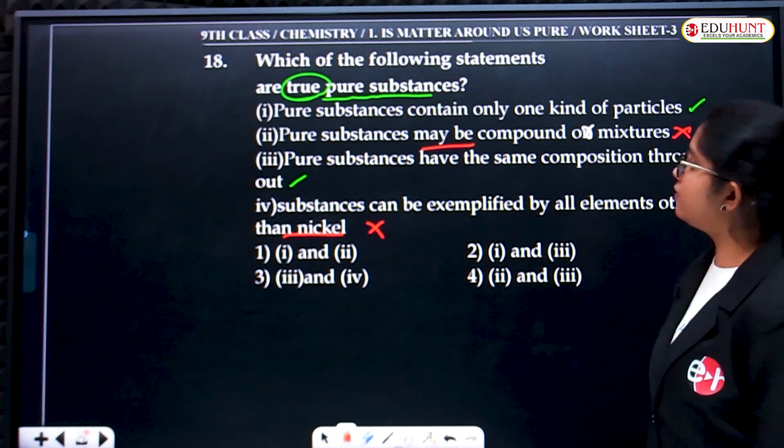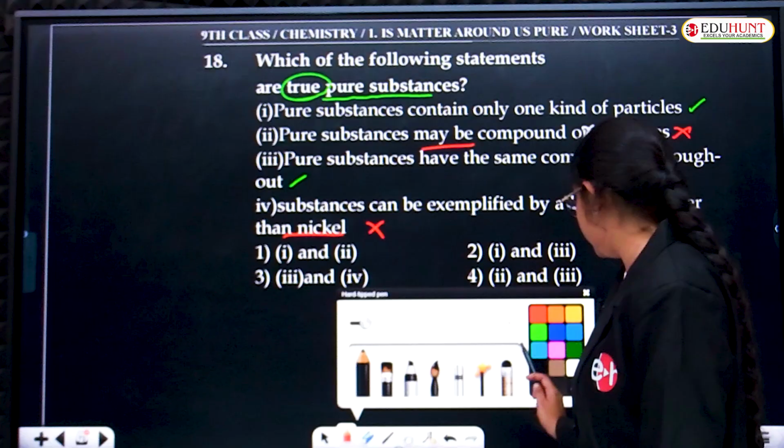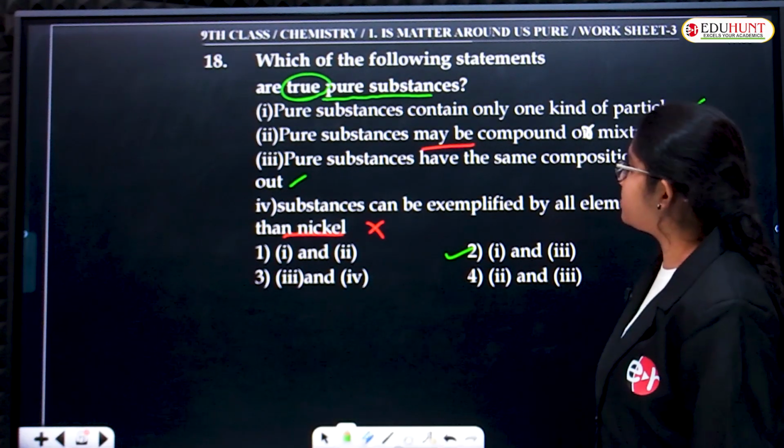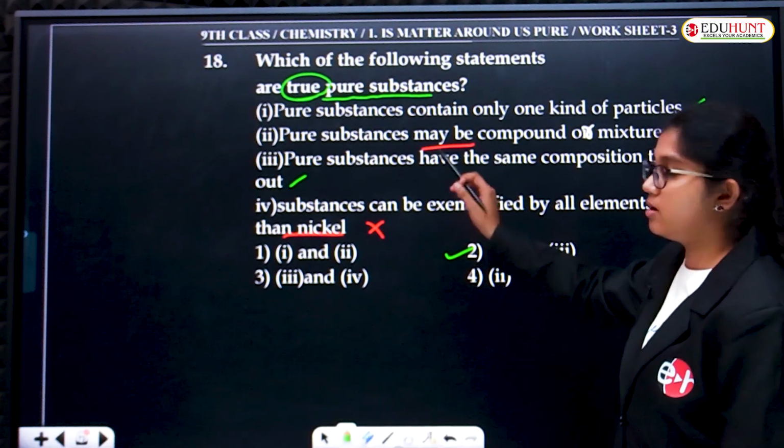Okay, so here we have options 1 and 3 right regarding pure substances, true regarding pure substances. Because why? Pure substances అనేవి